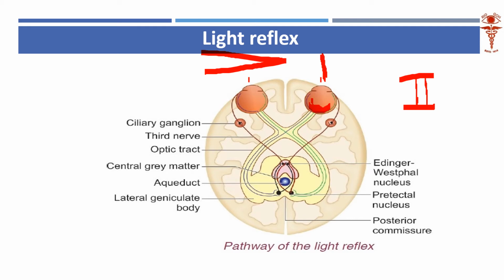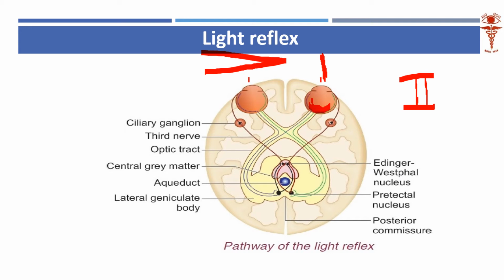Once they come to the tract, the fibers don't all go to the lateral geniculate body. The remaining part of the tract is going to go to the lateral geniculate body, and from there it becomes the radiation and goes to the cortex. But the pupillary fibers are going to take off from the optic tract